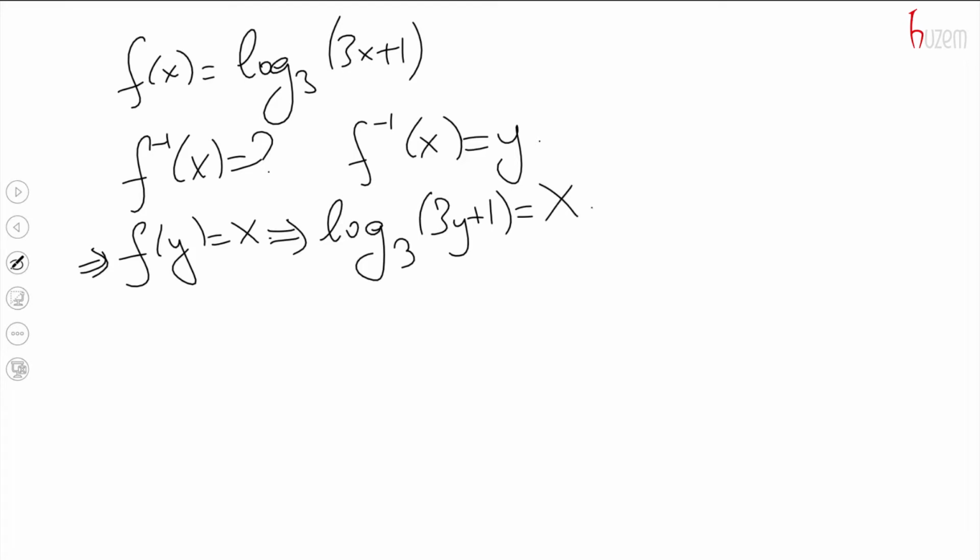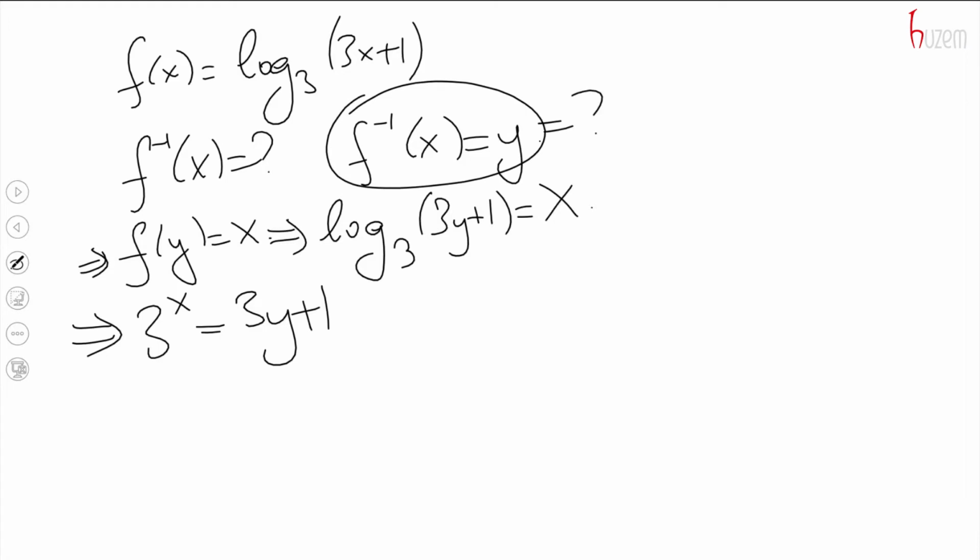So this means 3 to the x is equal to 3y plus 1. We need to find y, right? Because this is what we have for the inverse. If we isolate y from all the other terms, we need to take this 1 to the other side. So this will be 3 to the x minus 1 is equal to 3y, and then this will be equal to